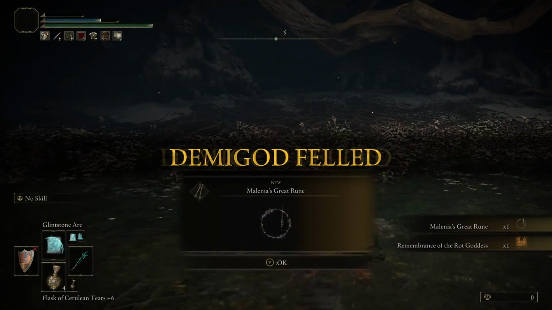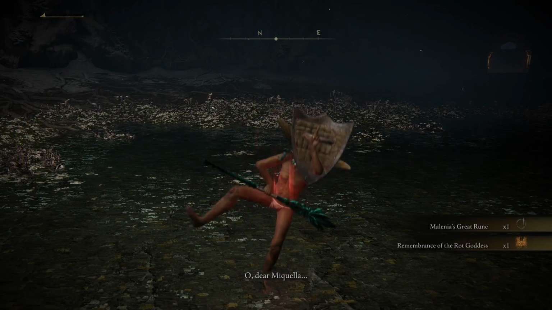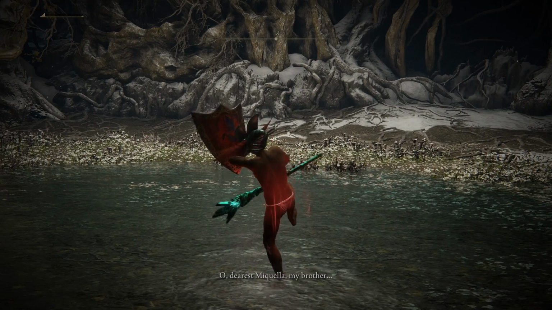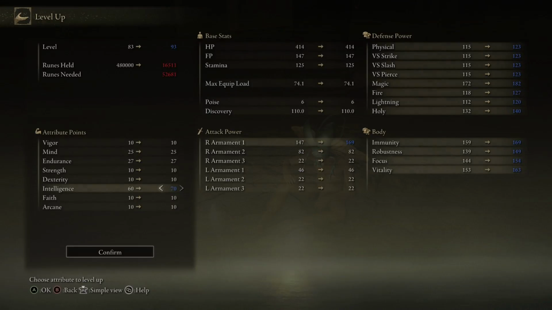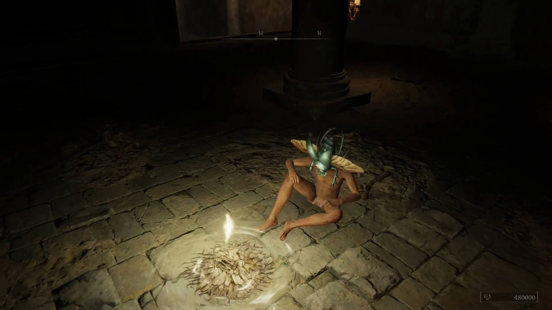Holy moly, that dance is cursed. Let me use something a bit more appropriate. There we go, even though it looks a bit wacky. With Malenia defeated, I used the runes I gained in order to level up my intelligence to 70, and now